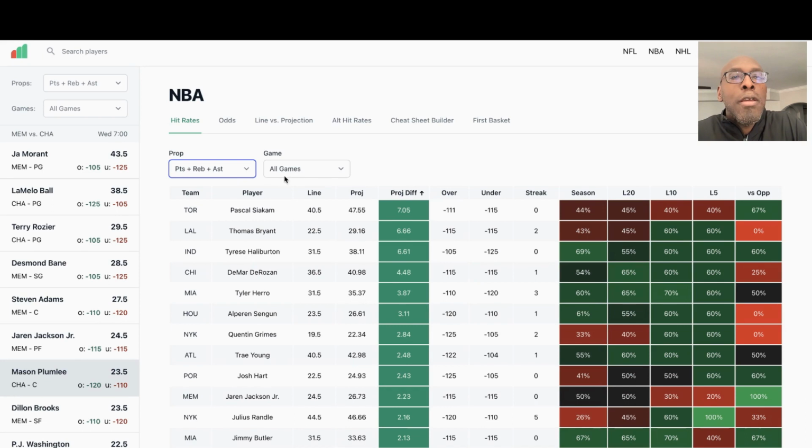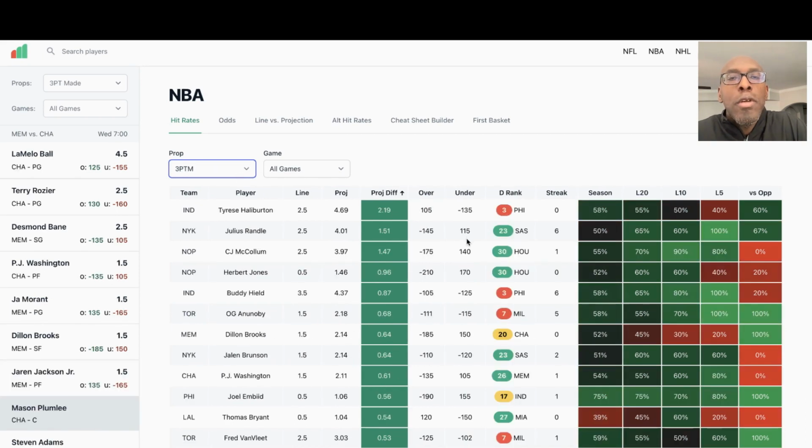Let's look at everything here. Let's go to 3-pointers made. This is one of my favorite categories to wager on. It's 3-pointers made. And my wagering on this category is basically based on streaks and just how the player has performed recently. So here,